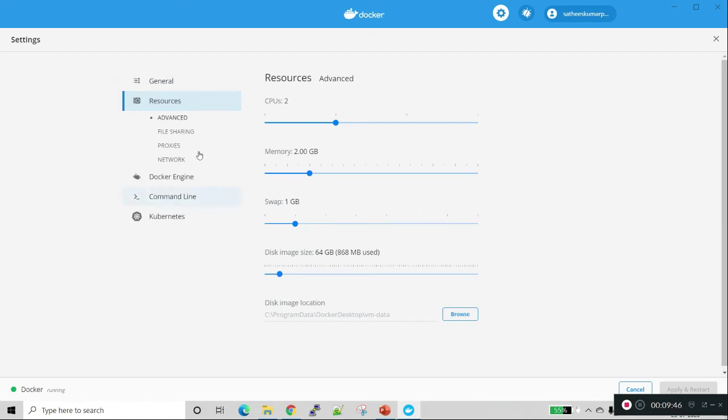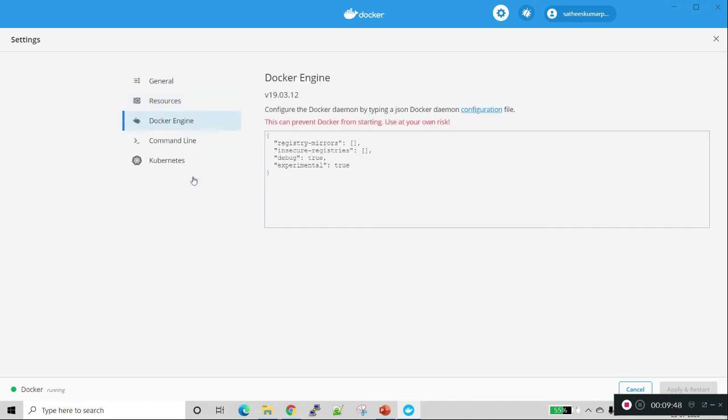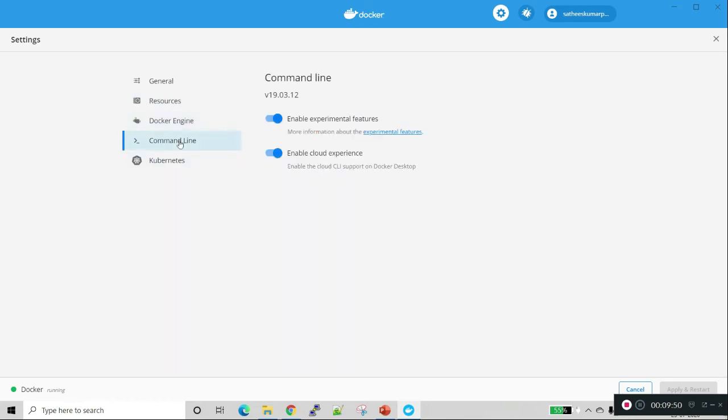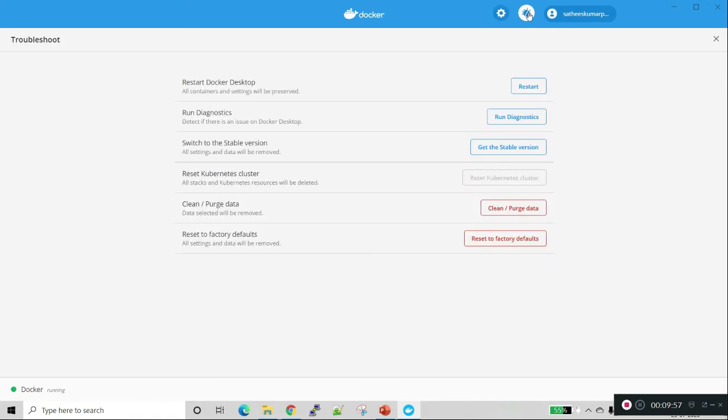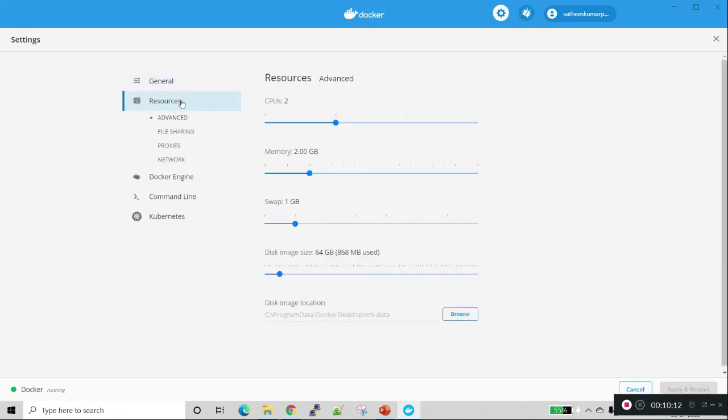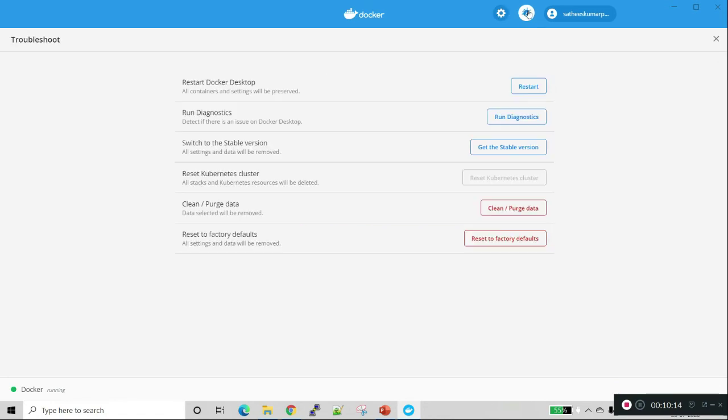We can also enable Kubernetes, and this is the place where we can restart Docker, do the diagnostics, and reset to default settings. This is the option to log out from Docker, and we can configure some other ID if we have.